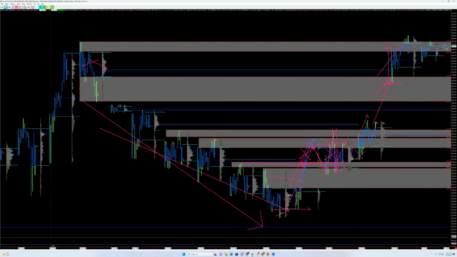So remember, we're doing two pieces. This piece is a background piece, and it helps you understand, look, if we clear this area, this is the next area. If we clear this area, this is the next area. But the most important piece for me is this is where huge numbers of stops occur, where we have these great areas of fair pricing, because people don't like to negotiate within the fair pricing, with the exception of the naked volume points of control. That will be the only thing I'll give an exception to. And even there, sometimes they can just get traded straight through.